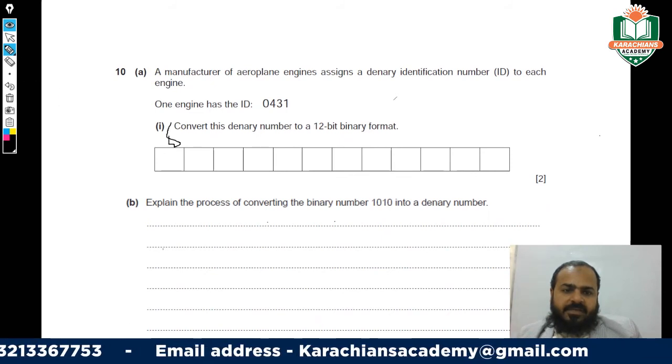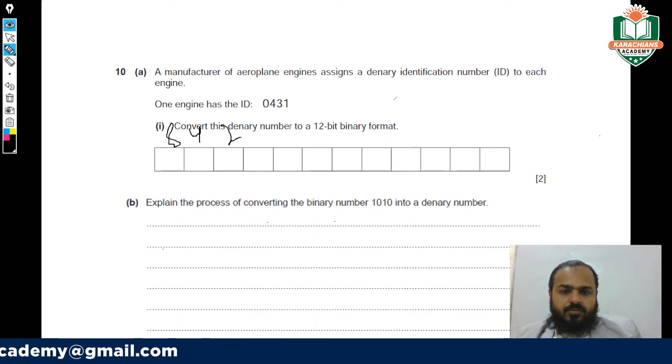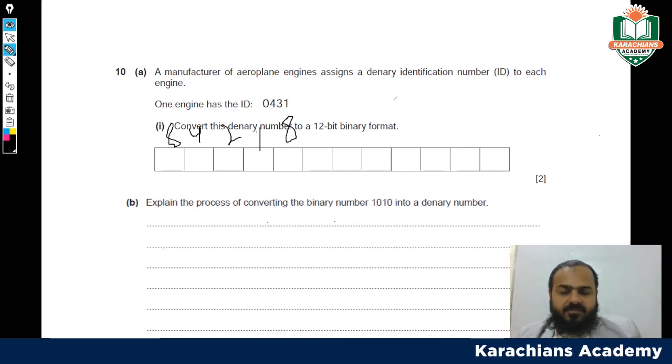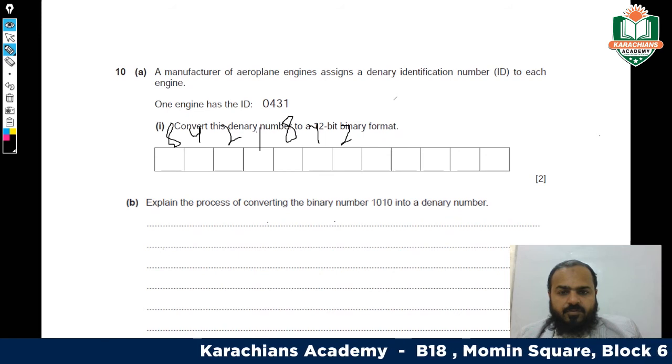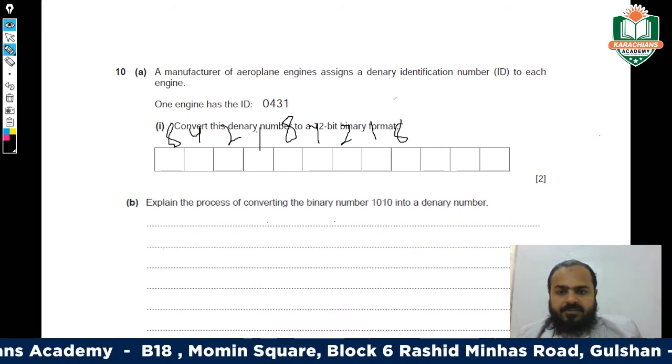Use 8, 4, 2, and then 1. Then again 8, 4, 2, 1, then 8,